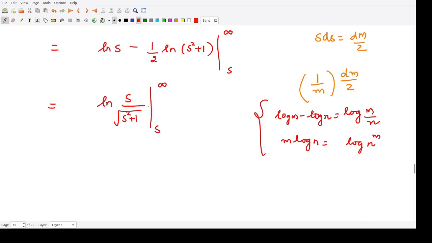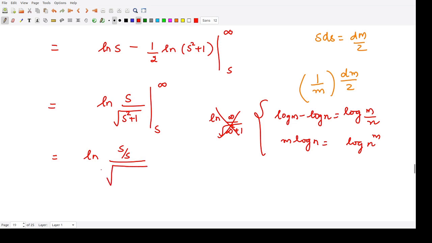So now also you cannot directly substitute the limit, because when you substitute, you get log of infinity divided by the square root of infinity square plus 1, so this won't make any sense. So what we do instead, whenever you have terms like this, is that for the first quantity you write this as log of, you divide everything by s. So you have s divided by s in the numerator, and in the denominator you would have square root of,